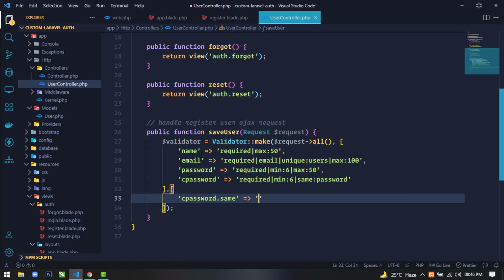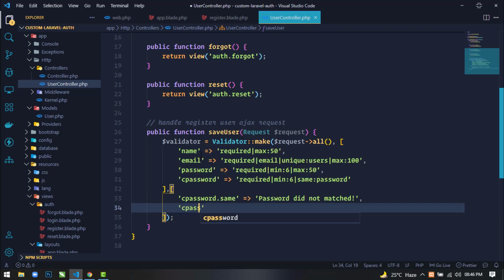Here I will write password did not matched. Okay, password did not matched, and I will use one more c_password.required. Here I will write confirm password is required.